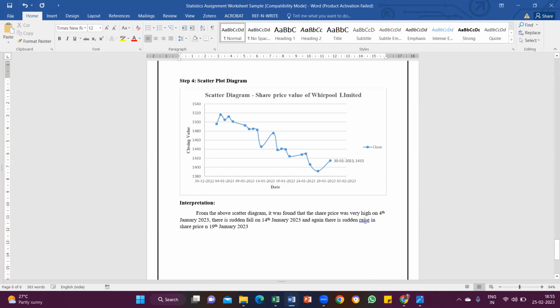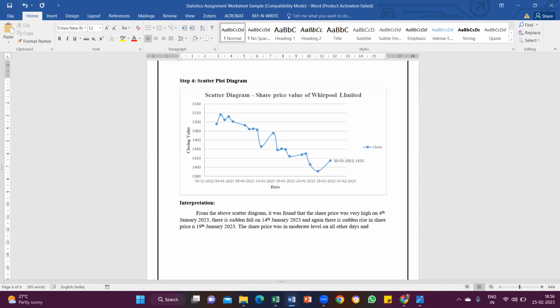Right, and then the share price was at a moderate level on all other days,